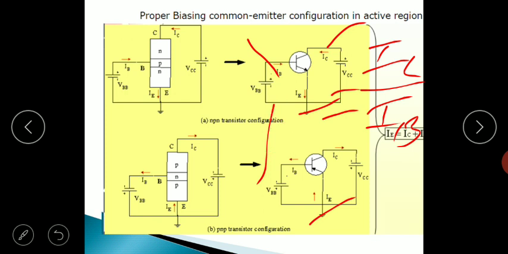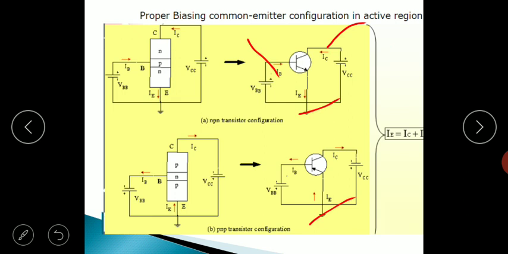Now when you use a transistor in common base configuration or common emitter configuration, and if you want to study the characteristics of the transistor, in fact there are two different types of characteristics we can have. One is called input characteristics, another is called output characteristics. In fact, there is one more characteristic that is called current gain or transfer characteristics also.